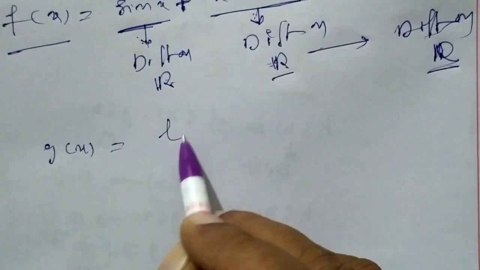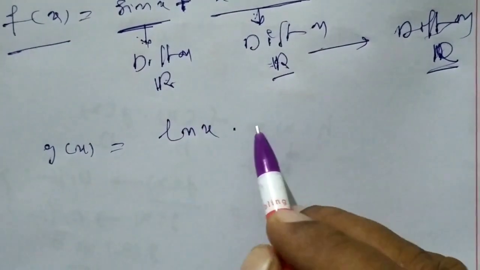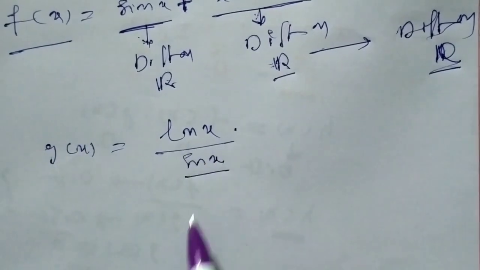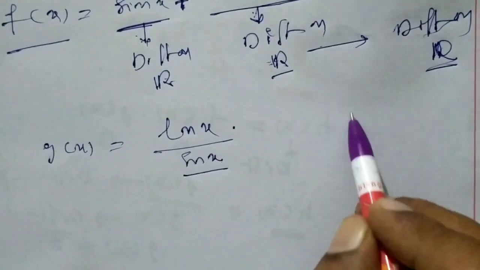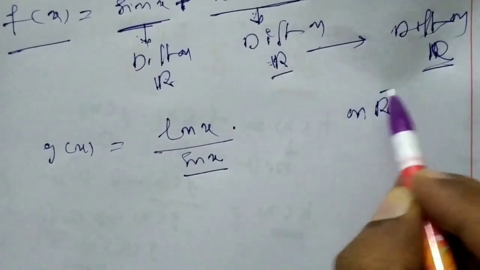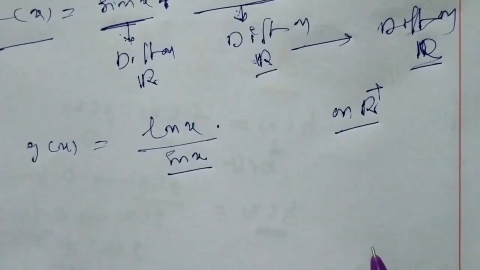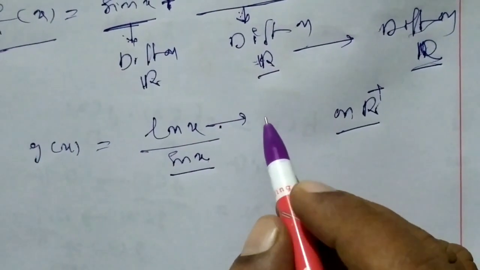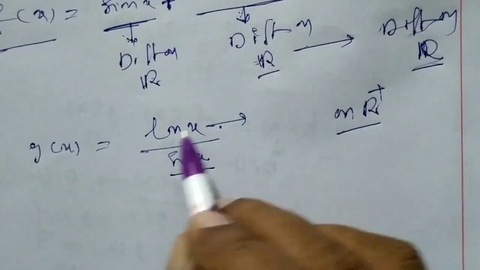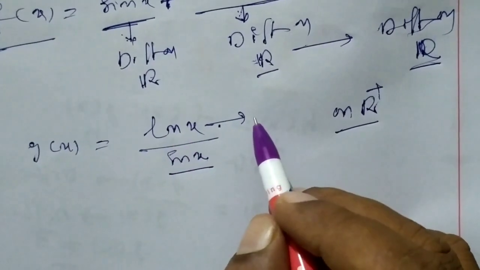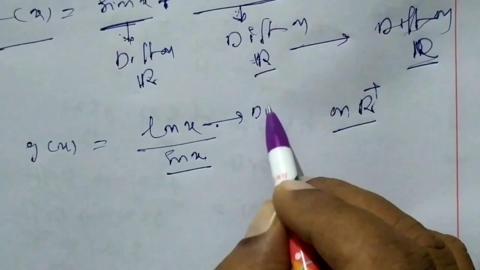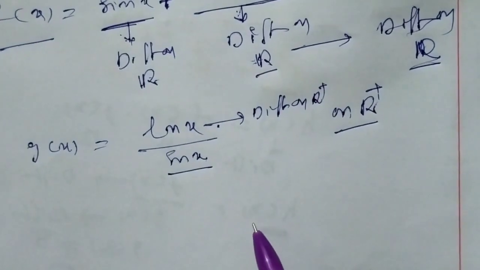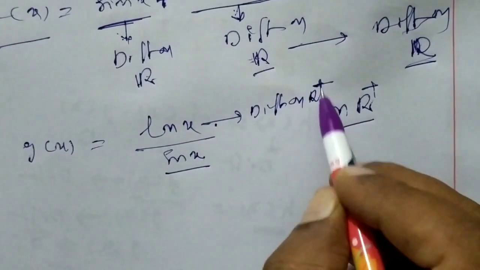Suppose we consider ln of x into ln of x divided by sin x. What can you say about this on R plus? Check the differentiability on R plus. If you see, ln of x is differentiable on R plus. Ln of x is a continuous function in its domain. It is differentiable on positive numbers, because at 0 and for negative real numbers it is not